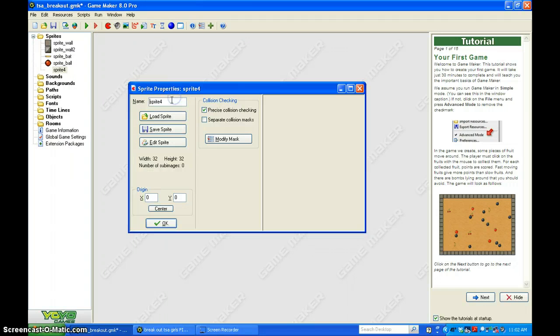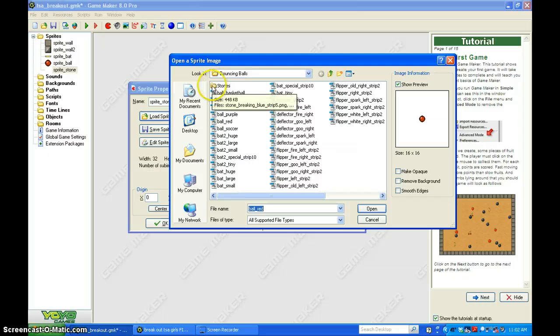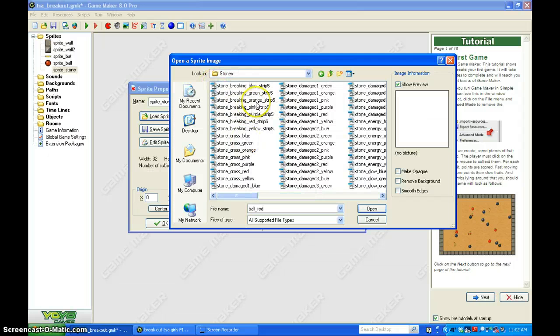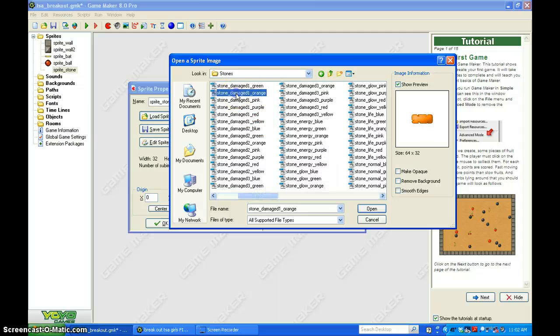Okay, we need to make our stones. We're going to call this stone. And we're going to load it, and we're going to come back up here in the stone folder right here. And this has three types of stones. The one that's breaking, this is what I call destroy. The damage shows you that you just get a crack in it, and then the last one doesn't have any writing on it. We want one that's kind of a solid color,